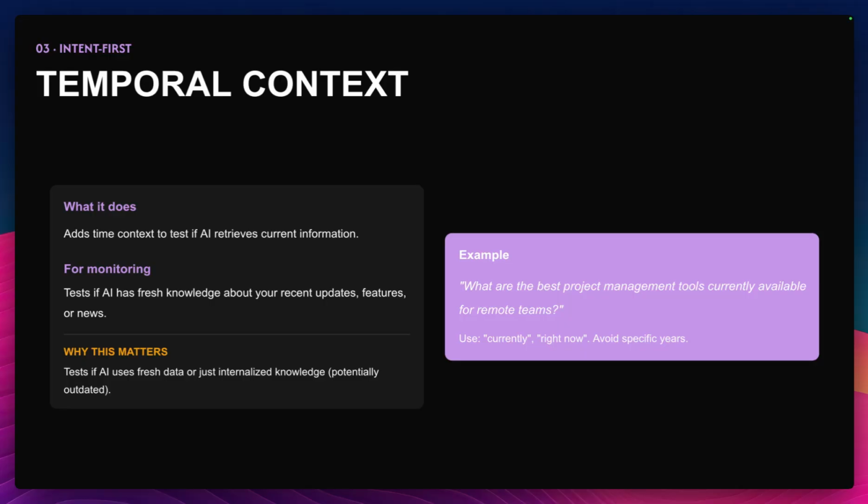If you see that most of the responses in your AI visibility tool aren't grounded because they don't have any links in them.